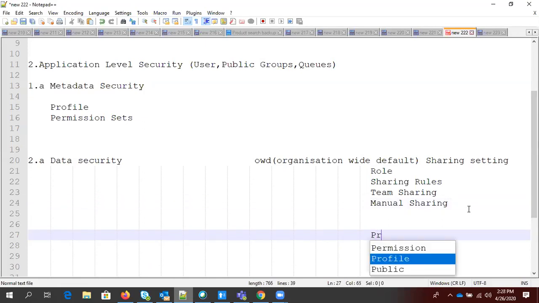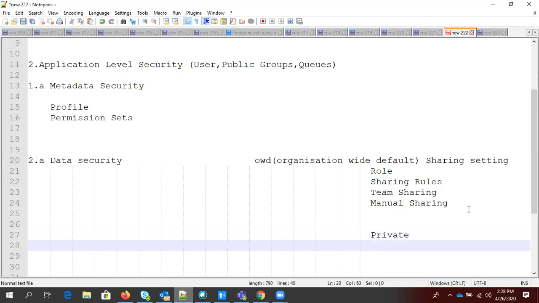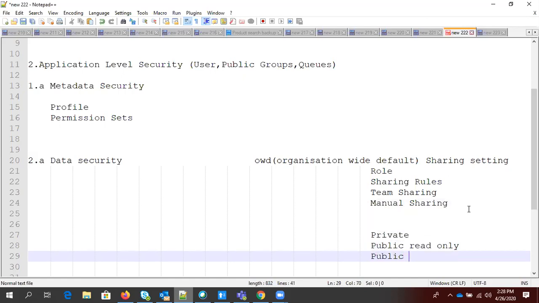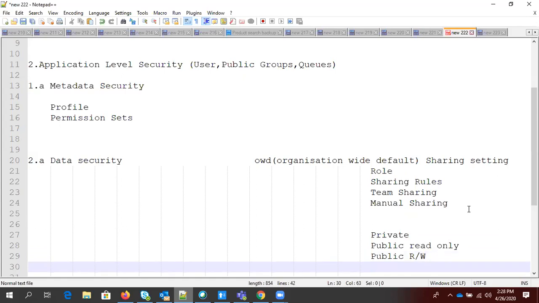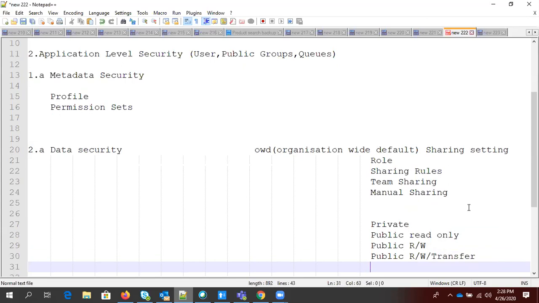One is private, public read only, public read write, public read write and transfer, and there is one more, controlled by parent.